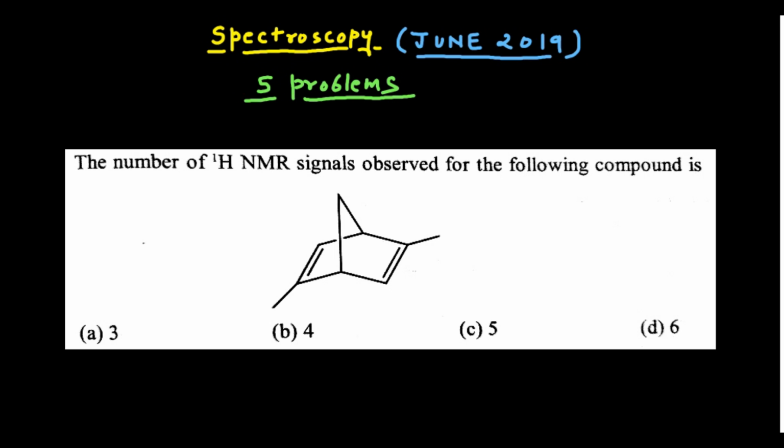So first of all, what I will do, I will put all the protons which are there. So this is your methyl group, so I can write CH3 for this one, and similarly this is also your CH3. One hydrogen is there, and another hydrogen is here, and then you see another hydrogen is here, and my next hydrogen is here, and these are the 2 hydrogens which are at the bridge carbon atom here. So if you focus on this structure, then you will very easily find